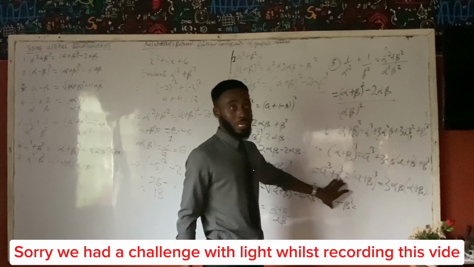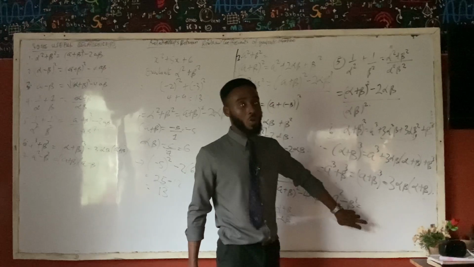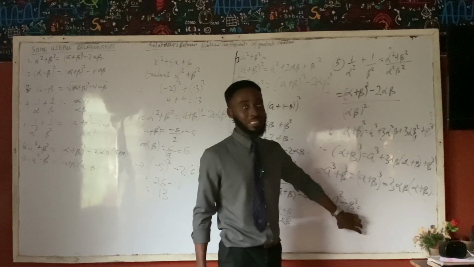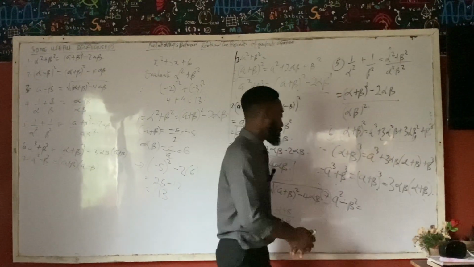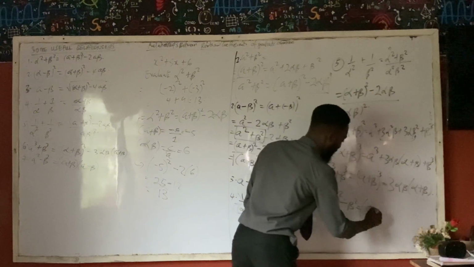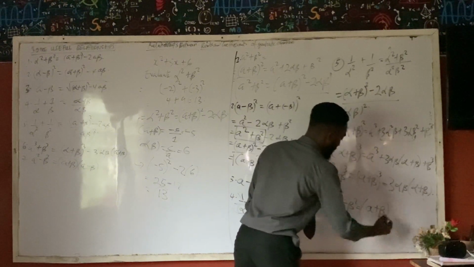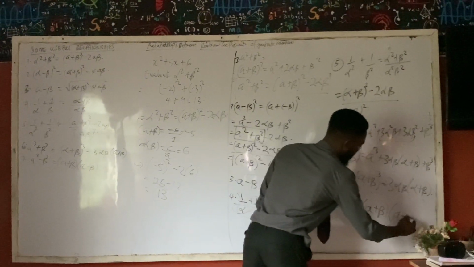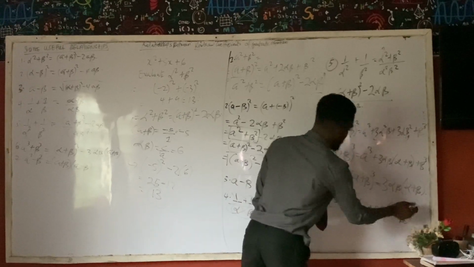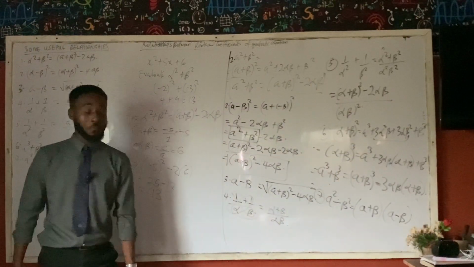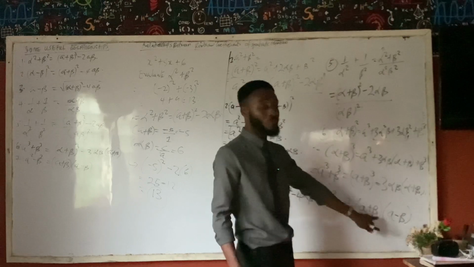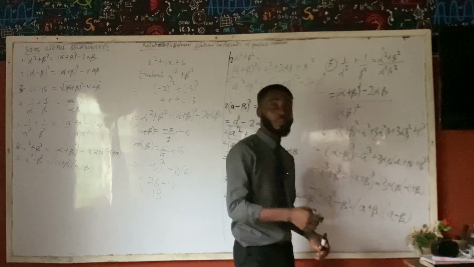So we have the last one, alpha squared minus beta squared. What concept can you see here glaringly? Difference of two squares. So that will be alpha plus beta and then alpha minus beta. And since alpha plus beta is already part of what we've been looking for,